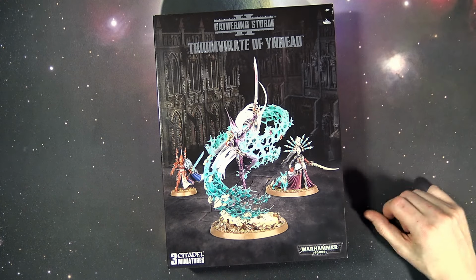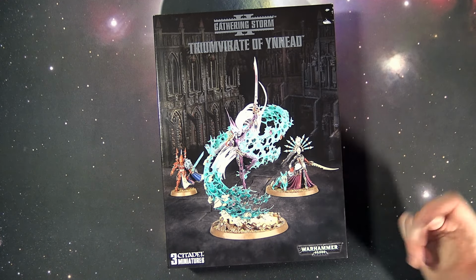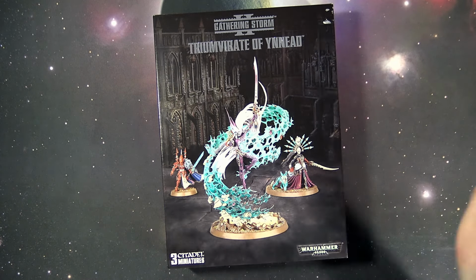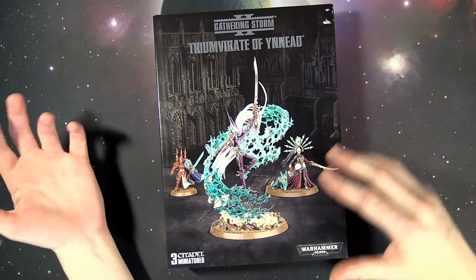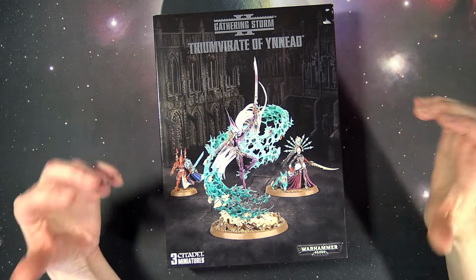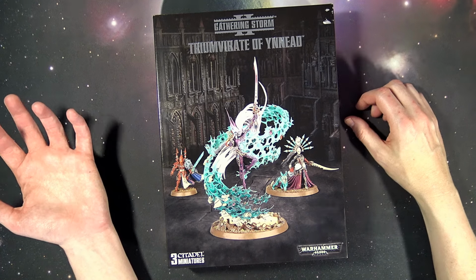This is the Triumvirate of Ynnead, the second, I guess, in a series of 3 box sets, maybe 4. Who knows if Abaddon gets one or something. All sorts of rumors about that. But this is the second one for sure. We haven't got to the Primarch yet, but this one is just as good, I guess, if you're a fan